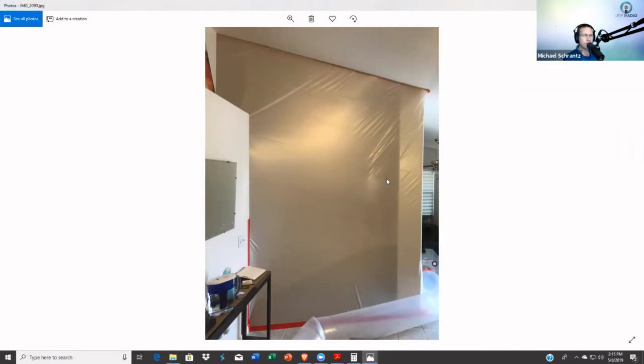So we've covered, I'm trying to think what we've covered so far. We've covered sizing the containment up. Even before that, I don't know if we mentioned it, but the idea of removing contents. I'm just going to hit on that one more time in case it wasn't on this one. When a remediation company comes out to your house or your office, where they're going to set up containment, a lot of times contents are naturally in the way. So a lot of times, and I know Dustin does this too, he'll make sure that anything that's easy to remove,